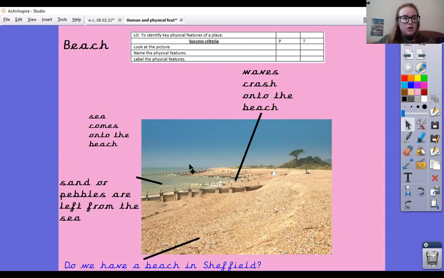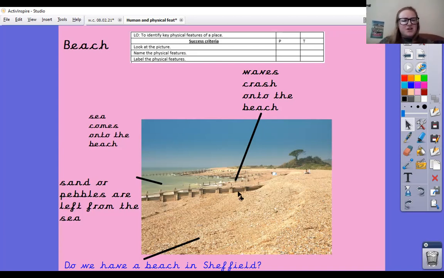The sea comes onto a beach. So where the sand and pebbles end, or in fact, they don't end, the sea comes over the top of them. So here we can see where the beach ends and the sea rolls up onto it. So we have the sand and the pebbles and the sea rolling onto the beach. We might also see waves crashing on the beach from the sea. It's also part of the beach. We might find things on the beach like little shells and small rocks, and all these things are part of